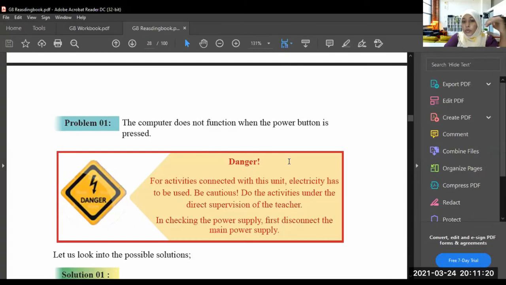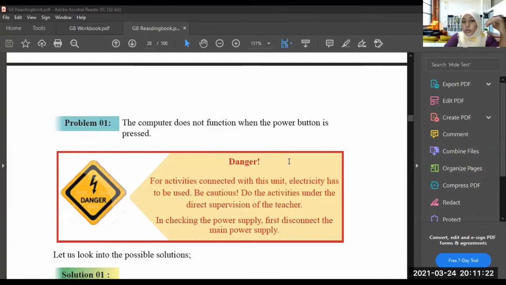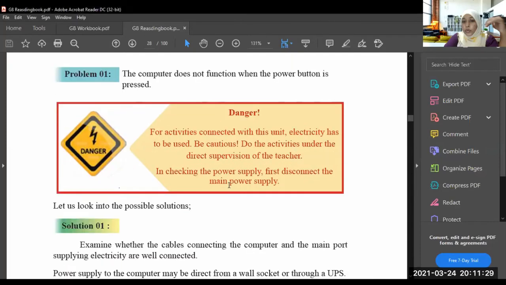How to troubleshoot a computer if the power button is pressed and it is not functioning. Before that, electricity has to be used in this unit, so you should be cautious.